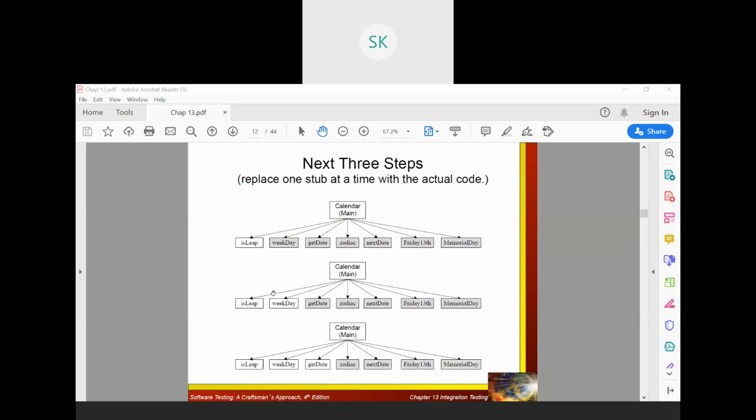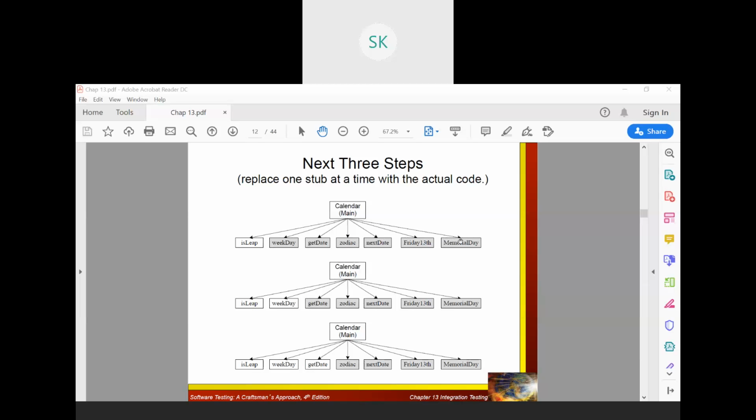Okay, so with respect to it, the next 3 steps will be done. The first step is that it will be checking each one of the particular things, whether it retrieves the right output or not. Whether it is true or false, it needs to retrieve. Weekday, whether it is a Monday, Tuesday, Thursday, we need to retrieve it. Get date, it needs to get the date of that particular value. Zodiac symbol or zodiac sign, you need to get the value. Next date, the next immediate date, whatever the date that you have specified, you need to get it. Friday, whether it is a 13th Friday or not, I need to check it.